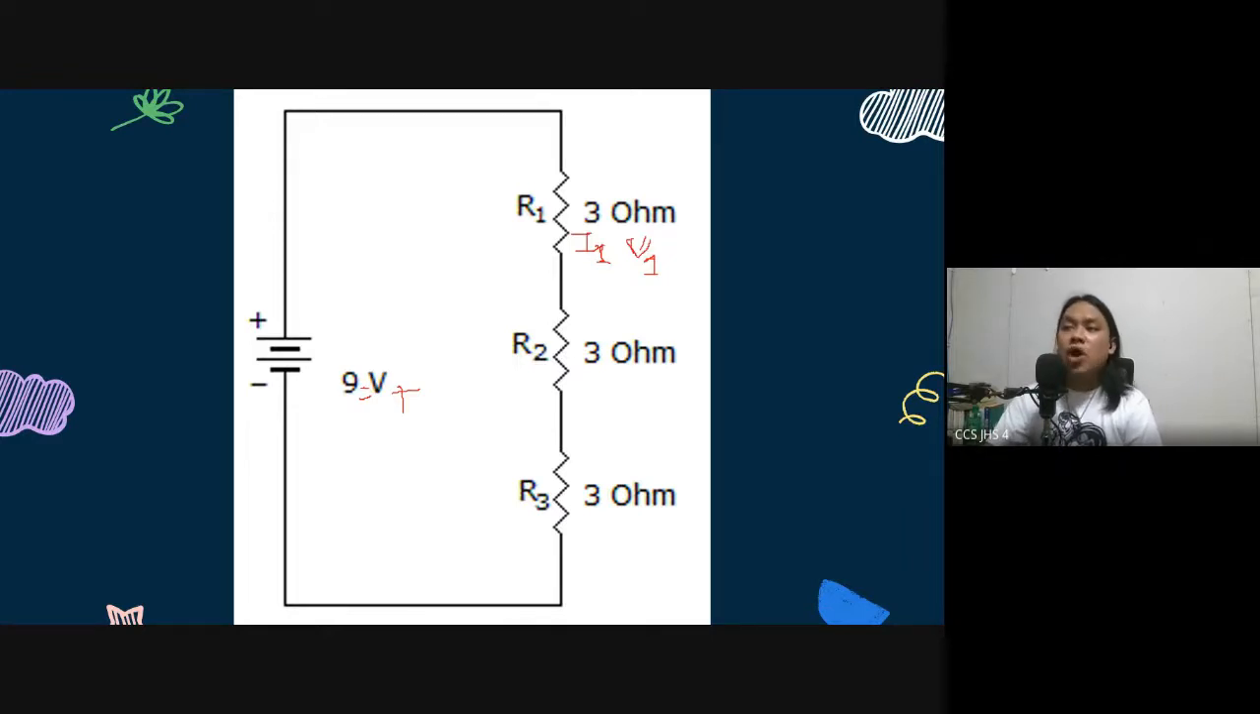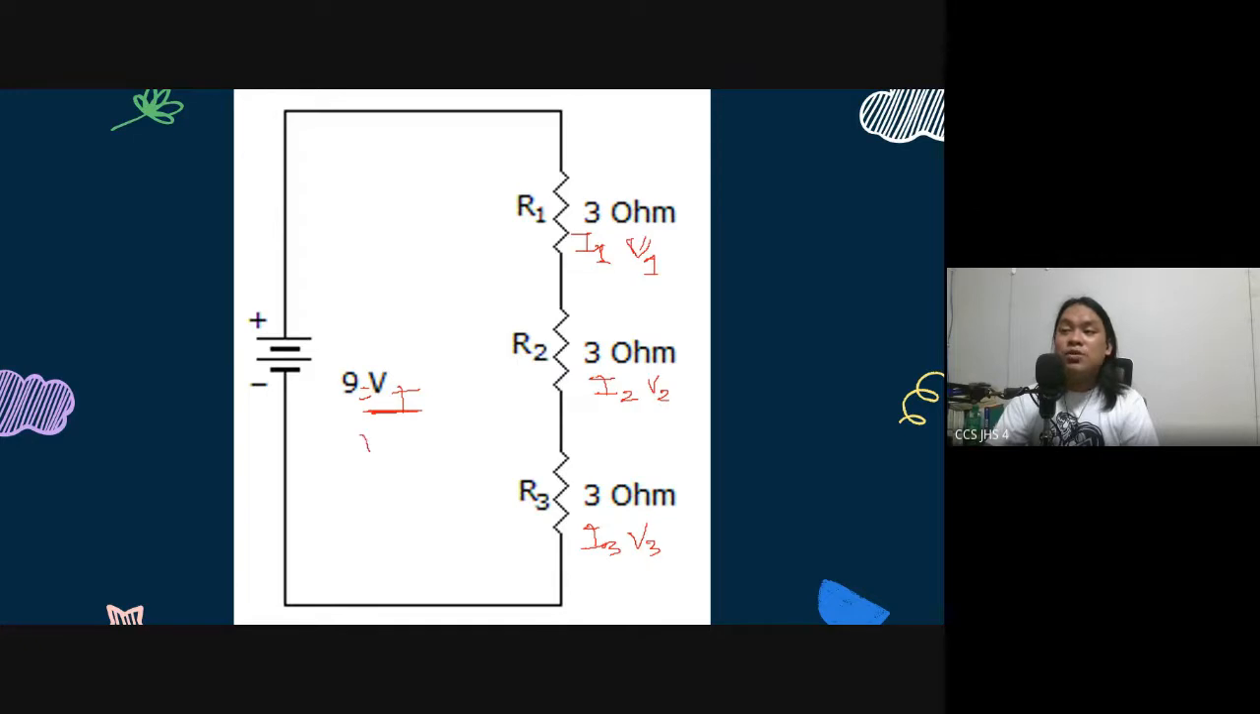Next, since we have R sub 2, automatically we have I sub 2 and V sub 2. Okay, same goes with our third load. We have R sub 3, so automatically we have I sub 3 and V sub 3. Okay, are those the ones we need to find? Are these the only parameters that we need to solve for? Okay, we have total voltage. So this means we also have